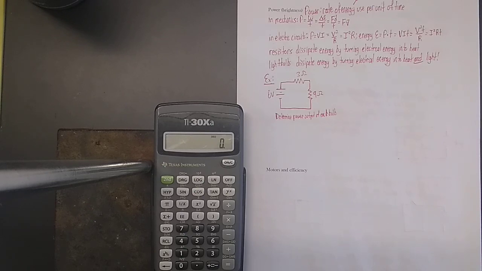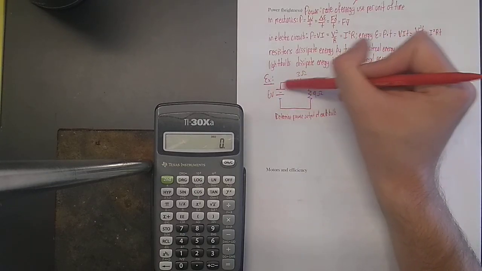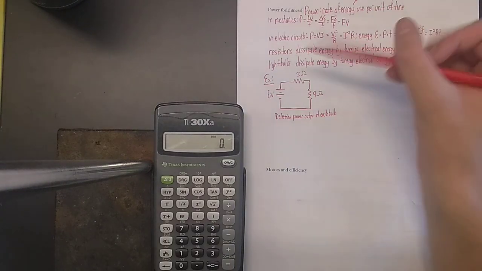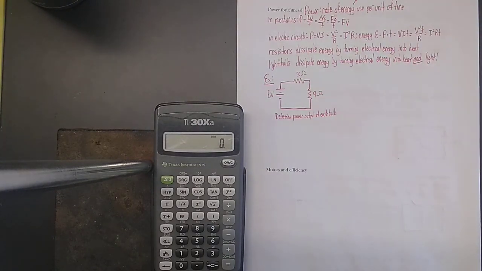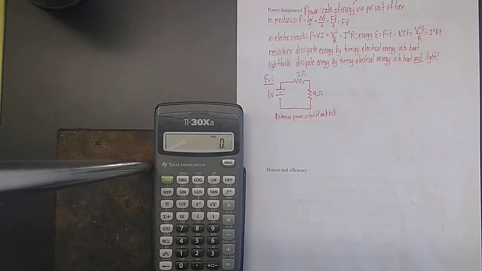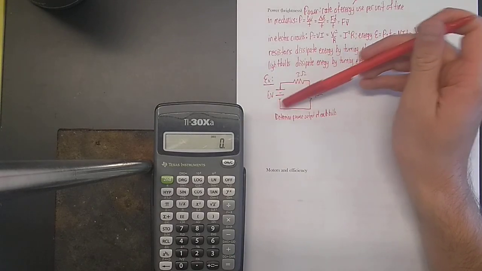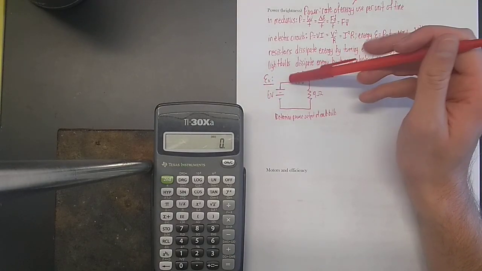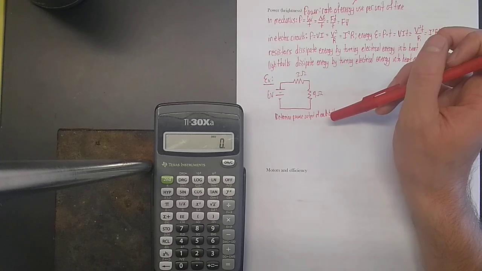Probably the easiest to figure out would be the current, because this is a series circuit. The current is the same everywhere, so the current going through the 3 ohm resistor must be the same as the current going through the 9 ohm resistor. So in order to find the current, I already know the voltage drop for the entire circuit. I'm going to look now for the equivalent resistance, because if I know the voltage gain or voltage drop for the entire circuit, if I know the equivalent resistance, I can